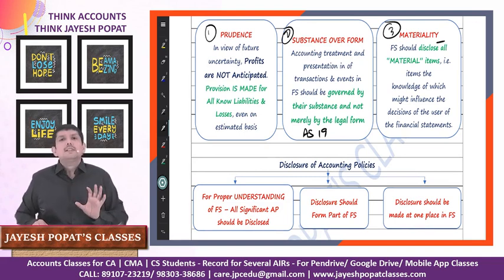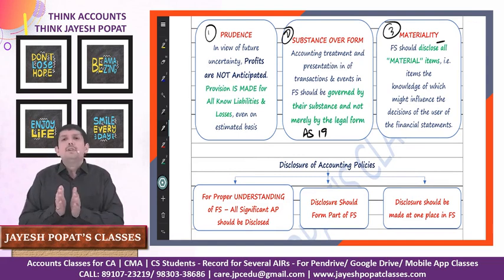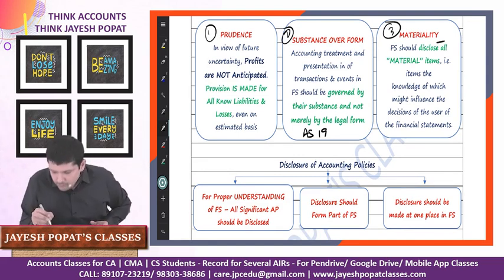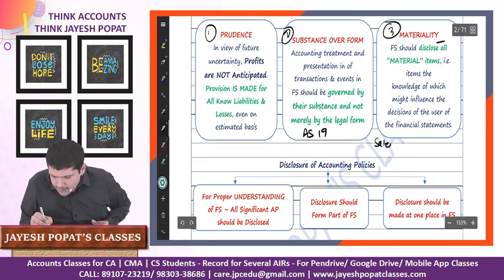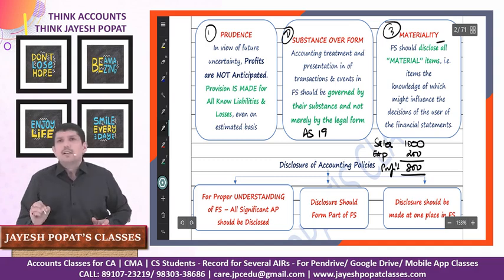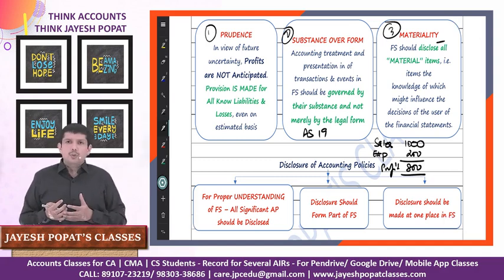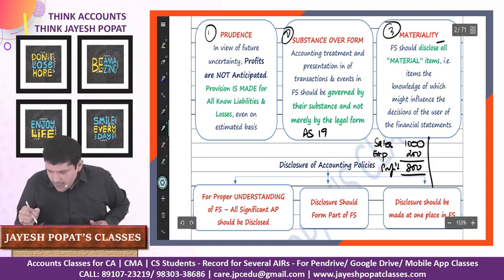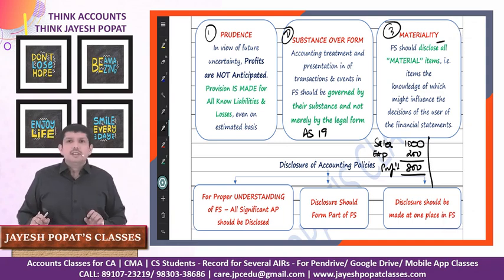For your benefit, I'll make a simple example so that you actually perceive the concept of materiality. Let's say there is an organization which says that it has a sale of 1000 crore, expenses of, let's say, 200 crore, and a profit of 800 crore. So we'll have a very positive outlook towards this company, that it's a highly profitable company. It has a margin of 80%, a superb company. But as we are chartered accountants, we say that in God we believe and the rest we audit.